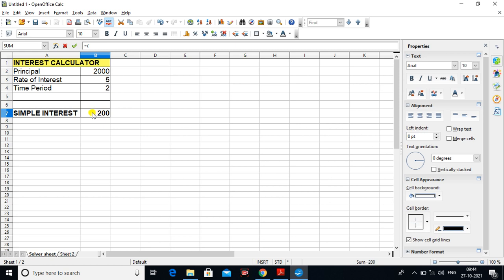So, I select this cell, it is the B7 cell of the solver sheet.